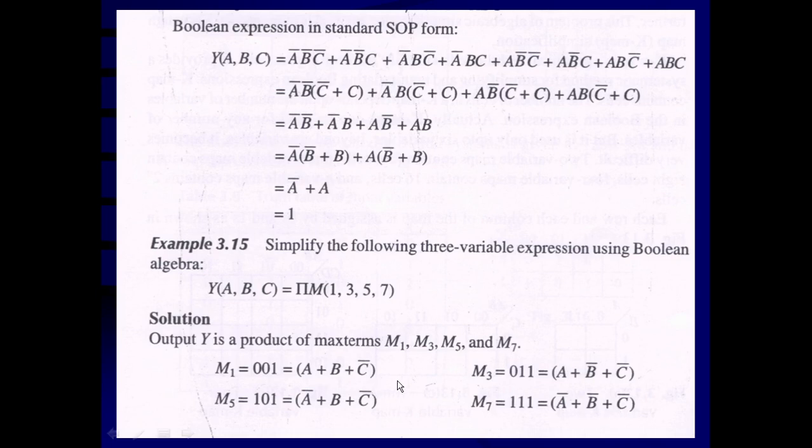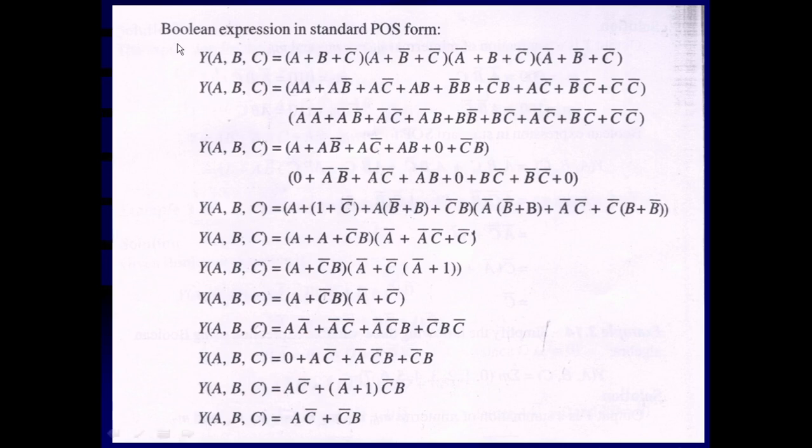So these are the 4 max terms, which we are going to take the ANDing of, that is nothing but the product of sums equation, and it is a standard product of sums equation. So this Boolean expression is a standard product of sums form which is written over here: y is a function of ABC, that is equal to A or B or C bar. Another one is A or B bar or C bar. Third one A bar or B or C bar, and the fourth one is A bar or B bar or C bar, and they are going to be ANDed with each other. That is a standard product of sums equation.